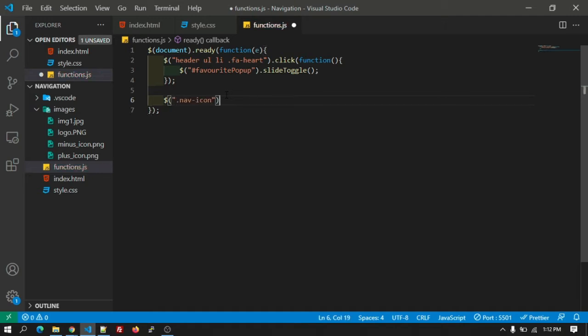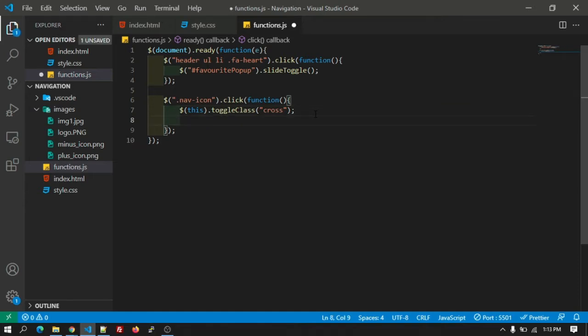Dot the class name we have copied and the click and insert that function and open that, and let's add the semicolon and this dot toggleClass. There is a function called toggleClass, and let's add the class name as cross. Okay, whenever I click on the nav icon, it will append the cross class to that. After clicking once again, it will remove the cross class.